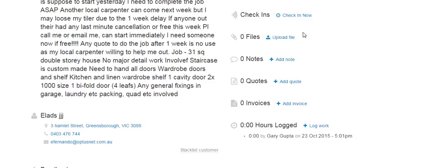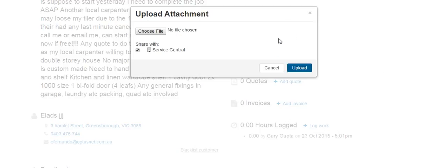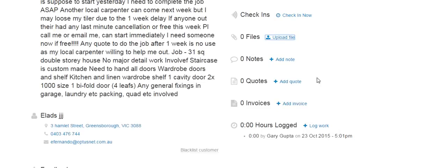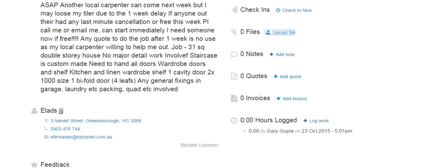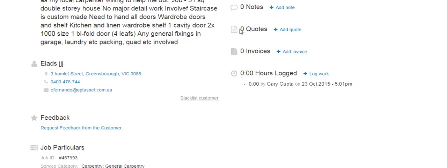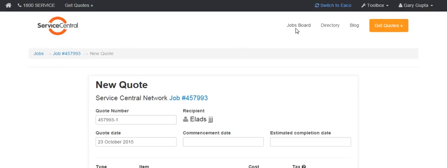You can upload files from the job, whether that be photos or any documentation that you might need. You can upload those here, and that works very much like any upload system. You choose a file and you attach it. You can add any notes that may be relevant. Down the bottom you can see that you can add quotes and invoices. So if we click into the quote